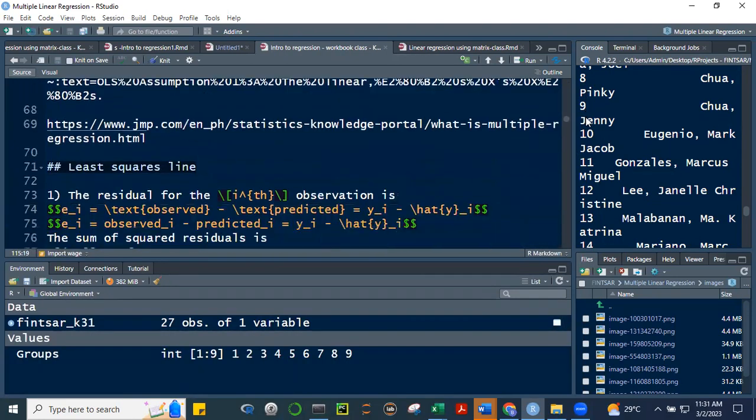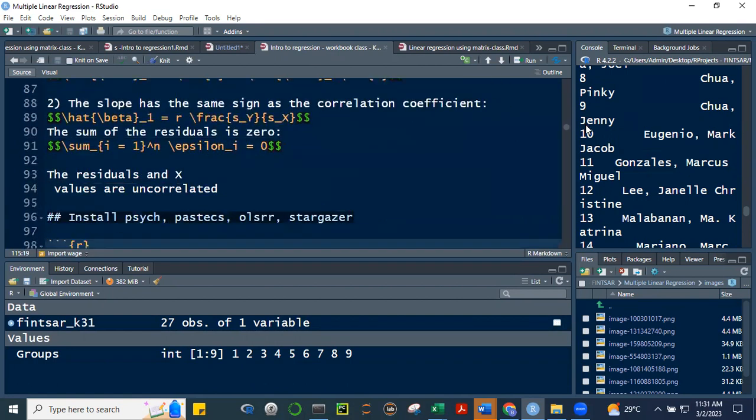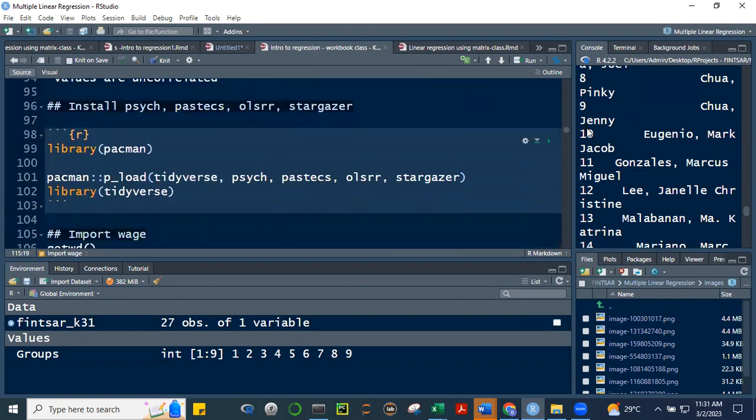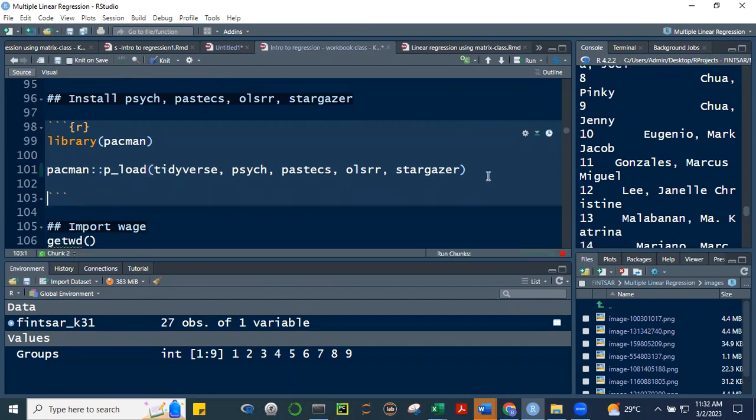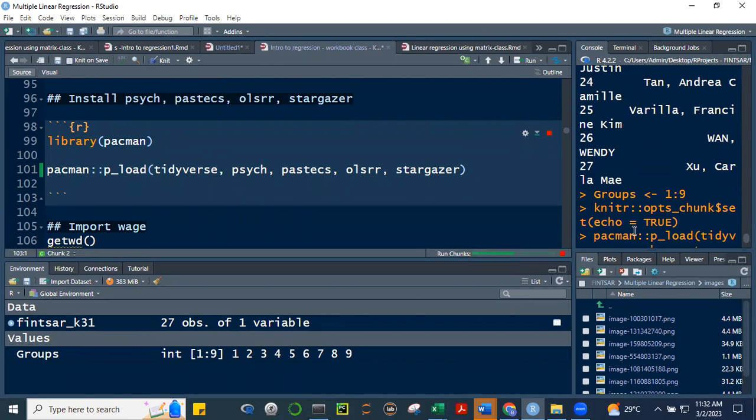Okay, sorry kasi nung krinos ko to. Okay, let me just start here. All right, let me load my tidyverse dito. Okay, let me load this, let me load this apps. Okay, hindi ko pa pala na-load si Pacman. Anyway, naka namespace dito, kaya maglo-load siya.